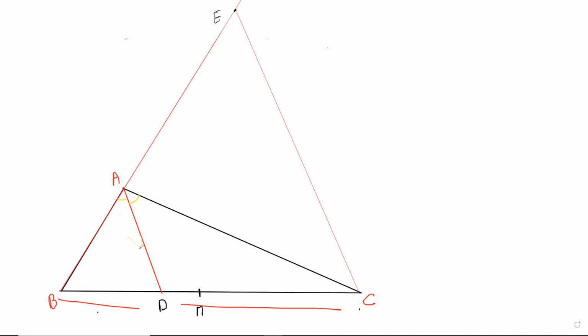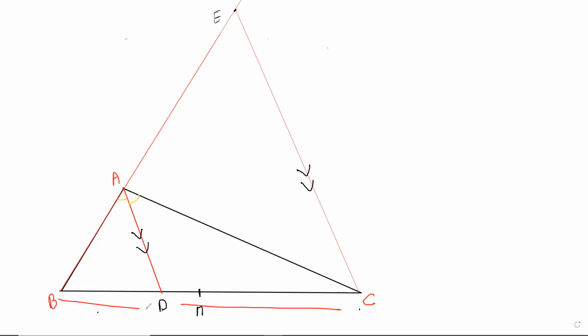Now you can understand I'm trying to create similar triangles, trying to bring similar triangles out of nowhere. But of course, I didn't invent this proof. I first saw this quite late, unlike you people, in class 11. But never mind. So this is parallel, that's why we have drawn it. And you can kind of understand why I'm doing this. When you do this you get similar triangles, and this is a very useful method. The more you see this method in different places and use it yourself, the more you can appreciate it.